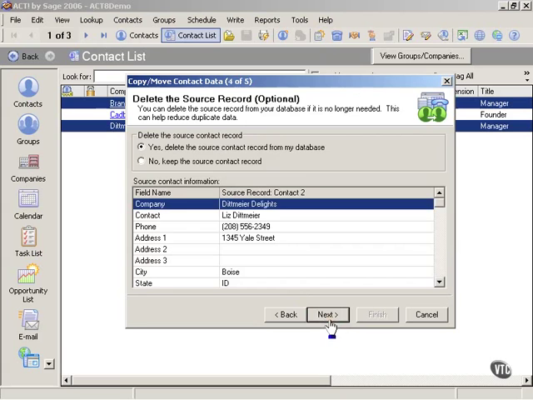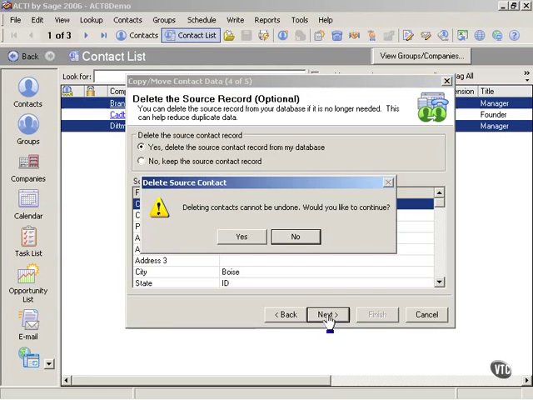And then do we want to delete the source record? Well, we can, but we might want to research this a little further before we do that. But the whole purpose was to clean up the database. So at some point we do need to delete the record. And the reason I say this, we're going to go ahead and delete it now. But before you delete any record, you probably want to just take a close look and make sure that you've